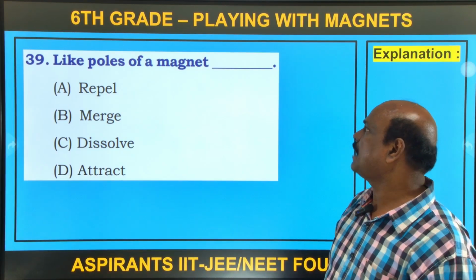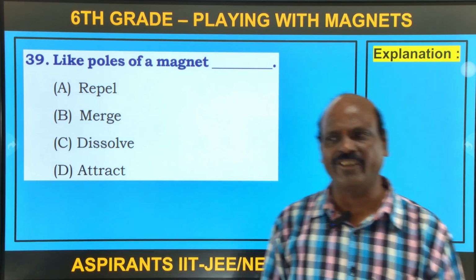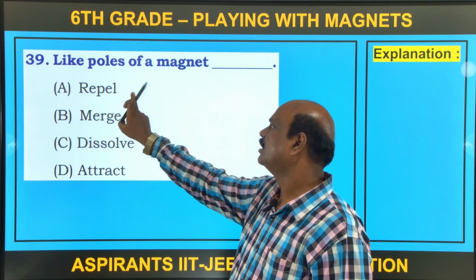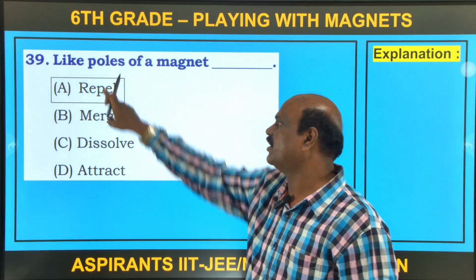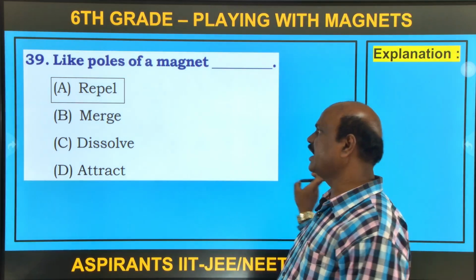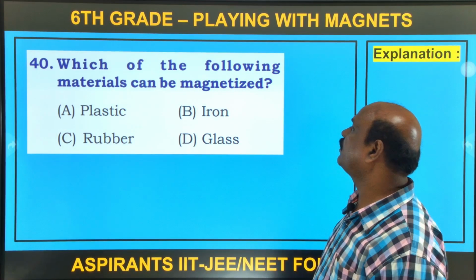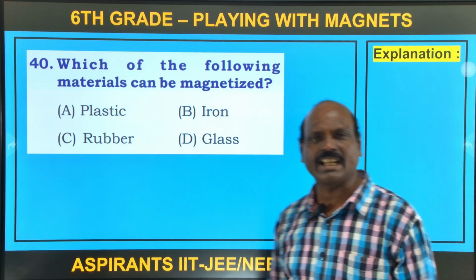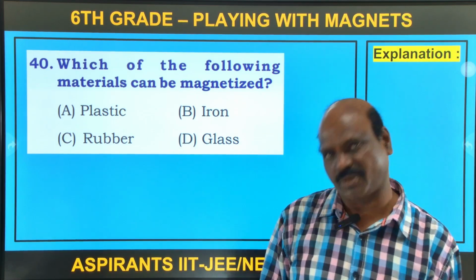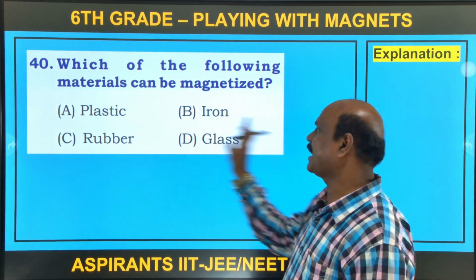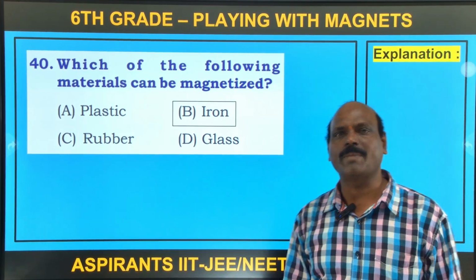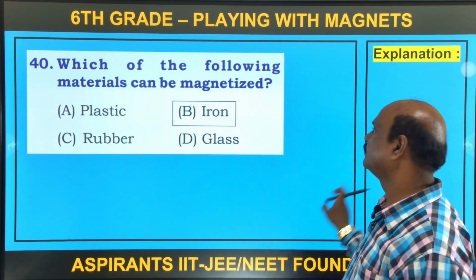Next, like poles of a magnet. A simple question which we already discussed. Like poles always repel each other. So the option is repel each other. The next, which of the following materials can be magnetized? To magnetize, it should be a magnetic substance. In this, which is a magnetic substance, you can easily find, that is iron. Next,